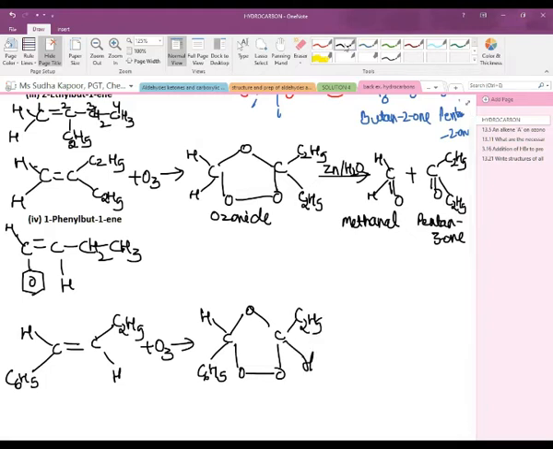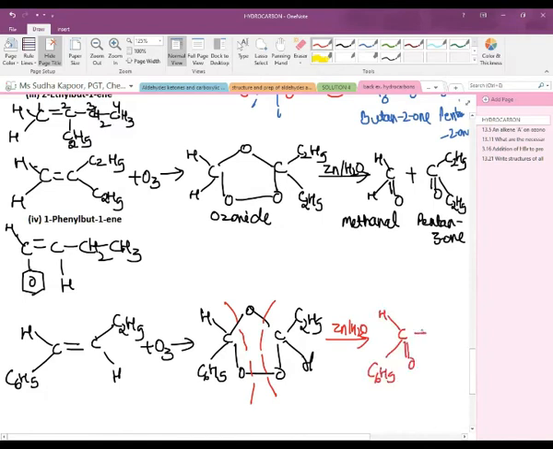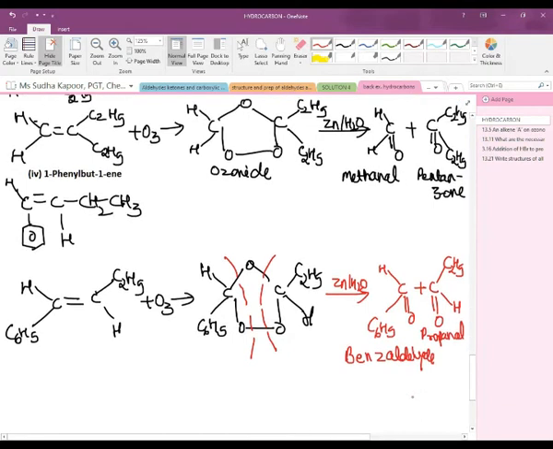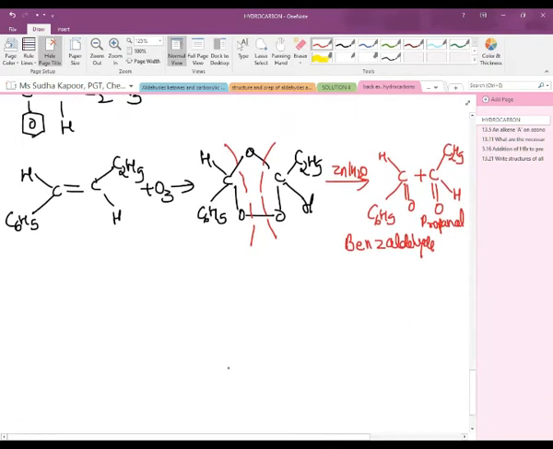C and C2H5 and H. Now making the lysis of it, breaking it down in the presence of zinc and water, we get HCC6H5 double bond O, that is benzaldehyde, along with C2H5 and H with the double bond O. So in the first case the product obtained is benzaldehyde, and the other product is a 3-carbon aldehyde, that is propanal. So these are the 4 examples which are based on ozonolysis.